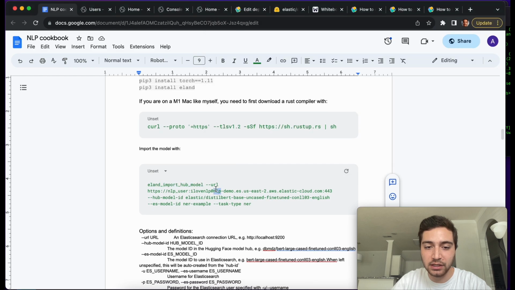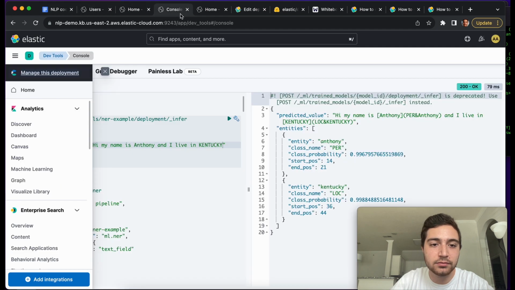So what we need is our URL. So we need this string. This endpoint we're going to get from